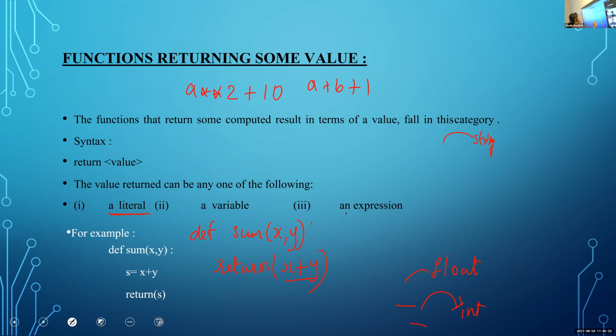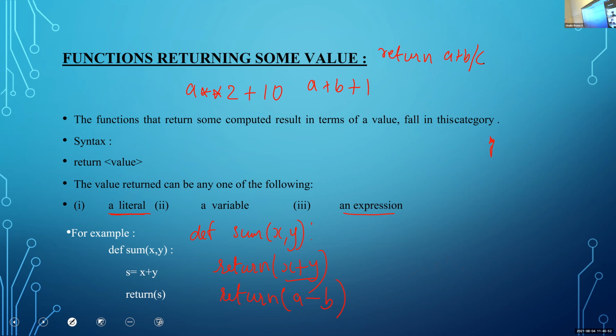Another statement is return a minus b. It's another example for a return statement with expression. Another example is return a plus b by c, which is another example for expression.